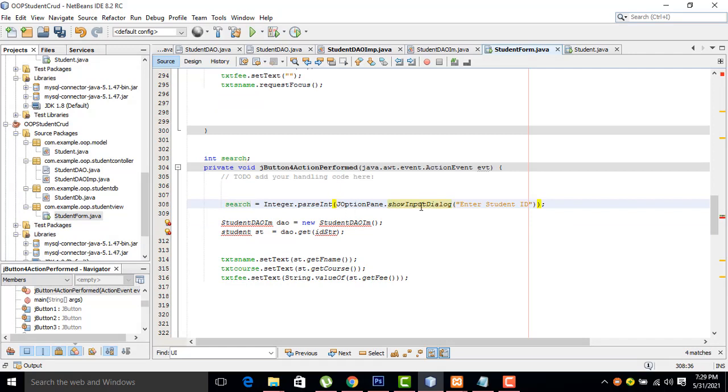You have to write JOptionPane.showInputDialog. As a demo I show you how the input box shows. Right. When you click the search button, it pops up one input box. If you enter the relevant employee ID, if the ID is correct, the matching record should be displayed in each text box. Okay. So here we have to write.